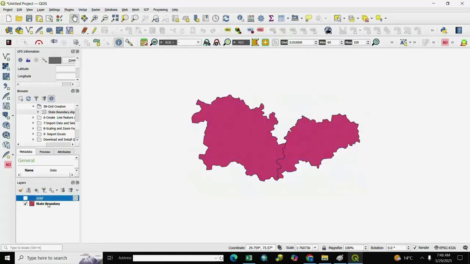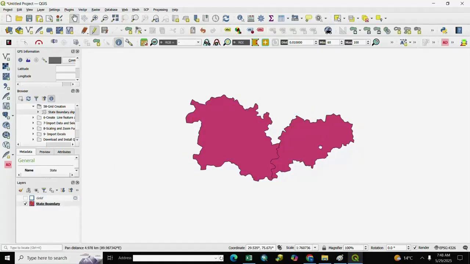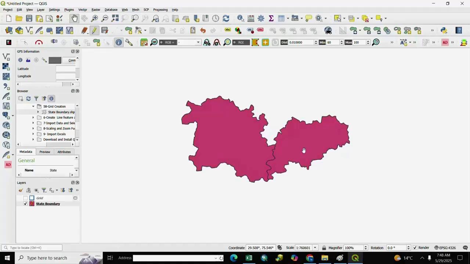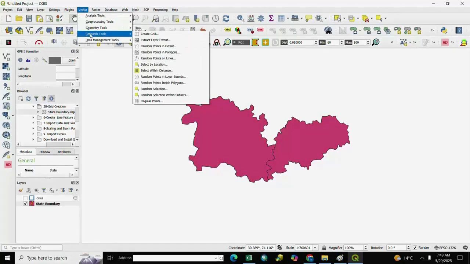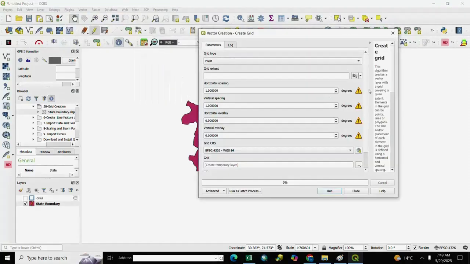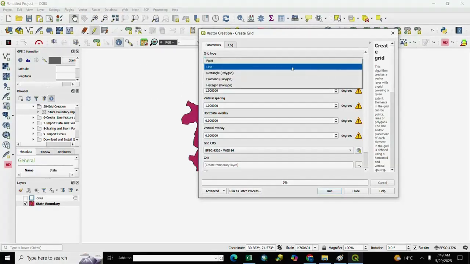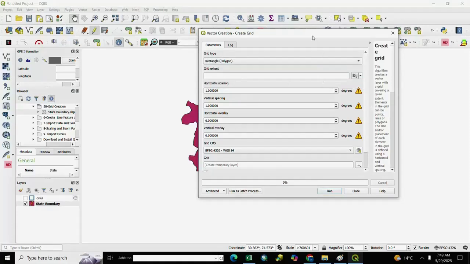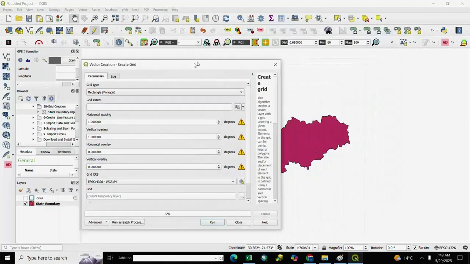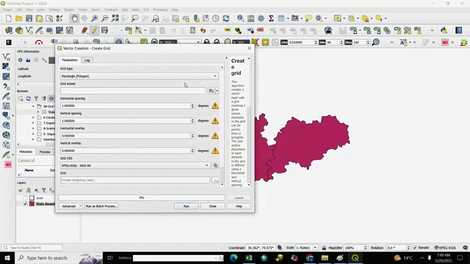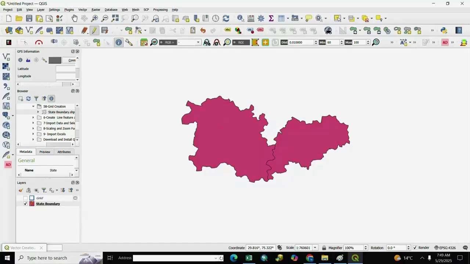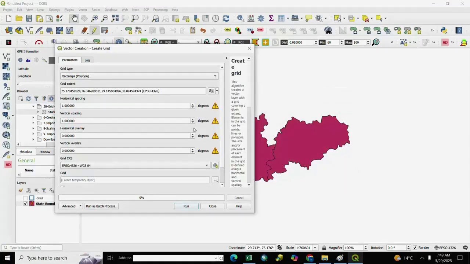And another, if you want to create a grid for only one area, we go to vector, research tool, create grid and we select here polygon and grid extent. For grid extent, we click on the arrow, draw on map and we select only the area where we want to create the grid. We select only this area and after it,